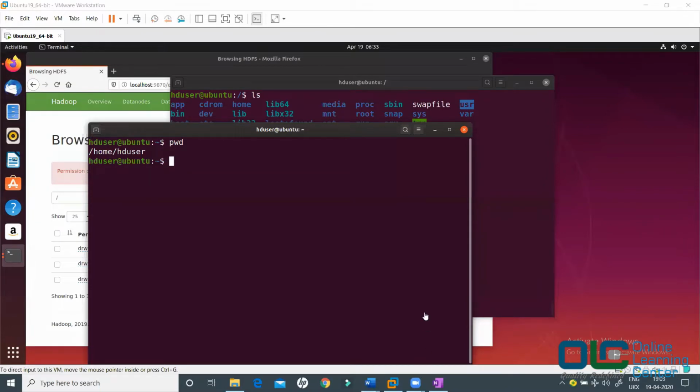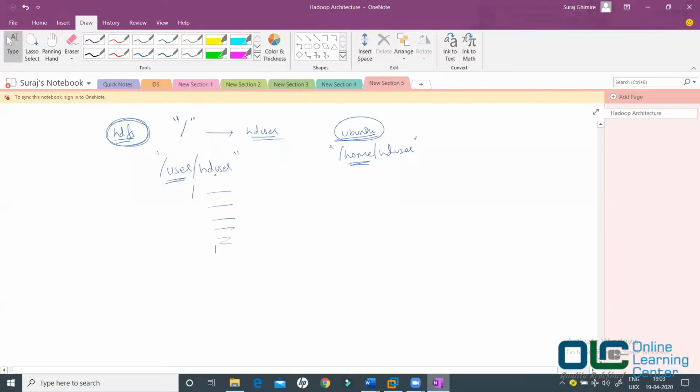Similarly, whenever you are joining any team and you are into a big data project, somebody would create a user in HDFS, and then you will have a folder like this. For example, /user/SGHIMIRE. This is my user name, and this is my HDFS location.